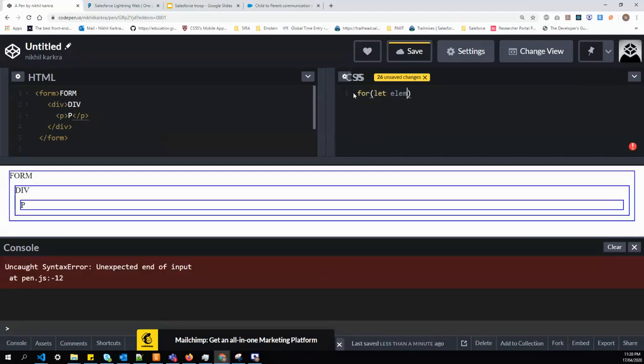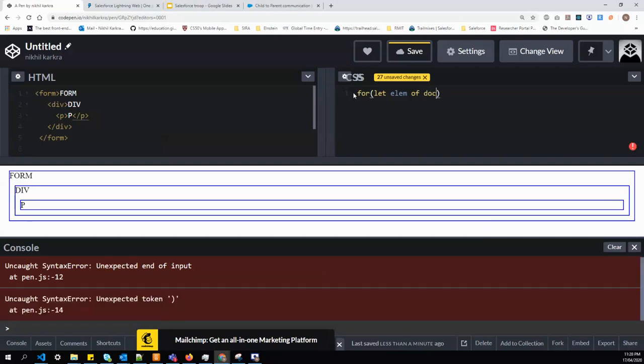Let element of document.querySelectorAll. So what we are doing here is fetching all the tags that are present in our HTML and looping over them, and within the loop, for each tag or element, we're going to attach an event listener.